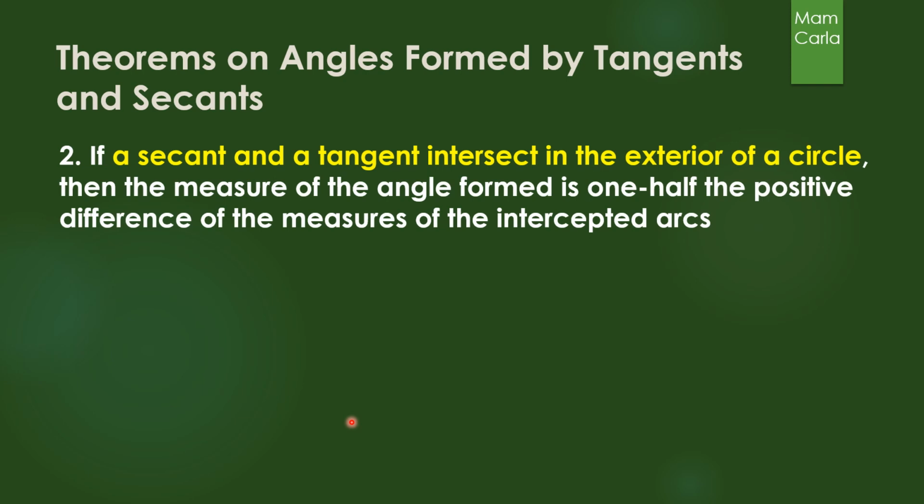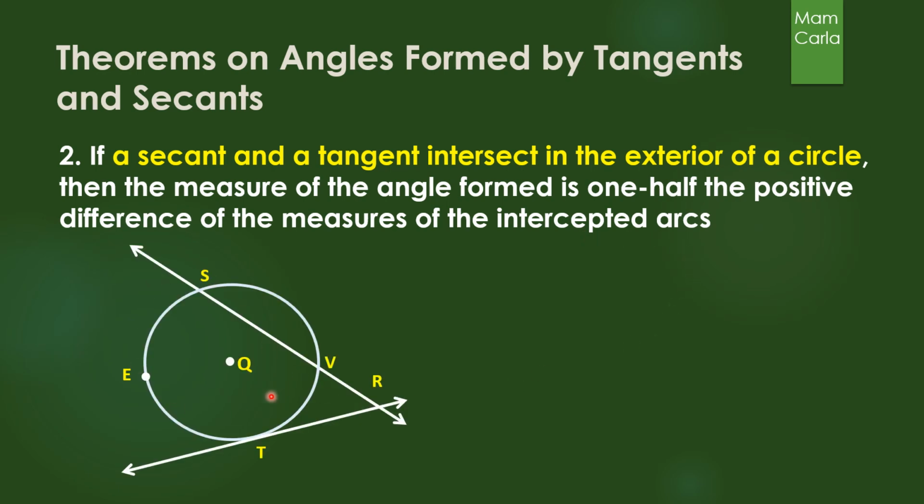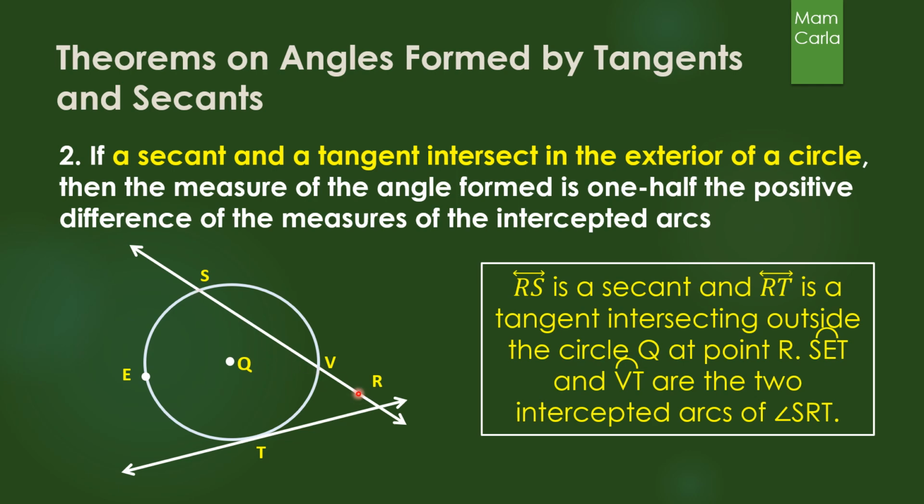Let us have theorem number 2. If a secant and a tangent intersect in the exterior of a circle, then the measure of the angle formed is 1/2 the positive difference of the measures of the intercepted arcs. So we have here our circle. SR or RS is the secant line and RT is the tangent line that is intersecting outside the circle